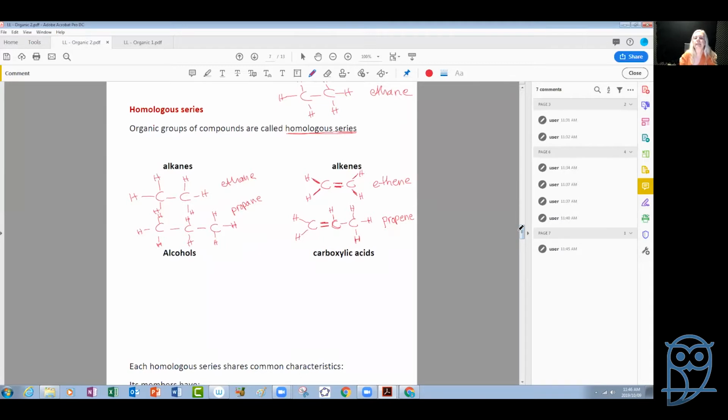Another two important homologous series are the alcohols and the carboxylic acids. These are actually the acids that we find in organic chemistry, which correspond to the acids that we find in inorganic chemistry. But usually the organic chemistry acids are weak acids. They're not as strong as the ones we find in inorganic chemistry. Anyway, let's look at the alcohols now. An alcohol is another homologous series that has a hydroxide. The hydroxide ion is this,